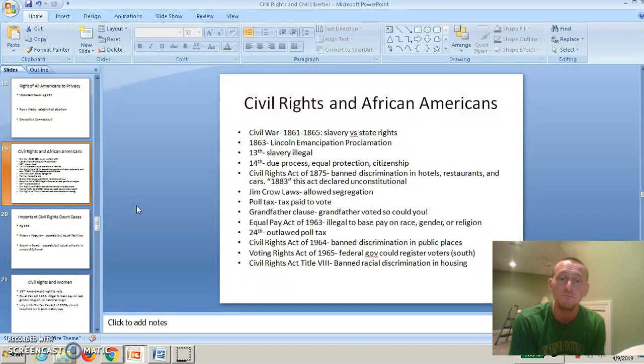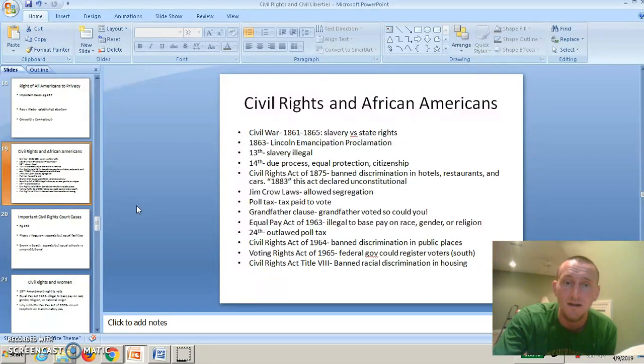So they called it the Jim Crow laws. A couple things they're going to do is they're going to have a poll tax. They're going to tax people to vote. Well, a lot of your African Americans at this time don't have the money to vote. Okay? They're also going to have what we call literacy tests, where you have to take a test. If you pass it, it allows you to vote.